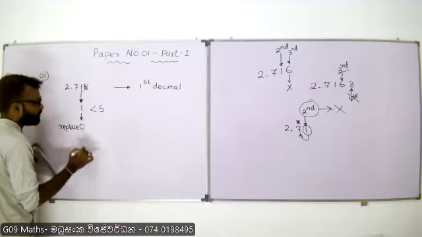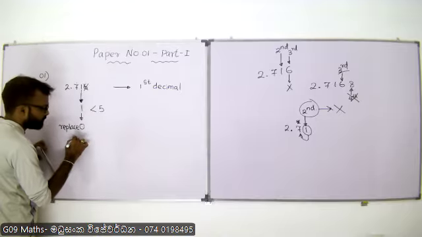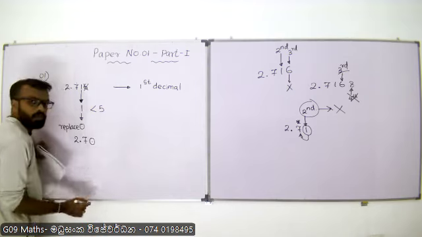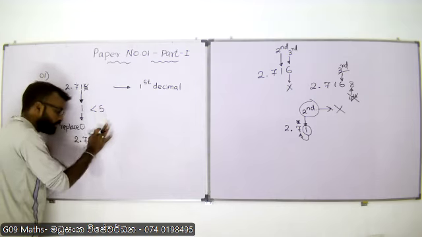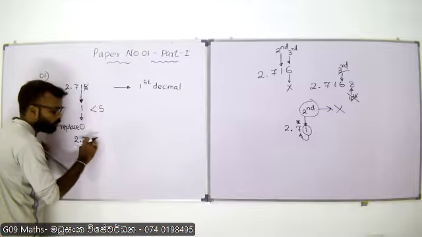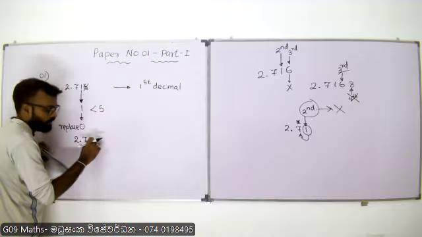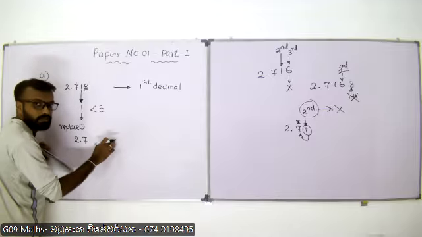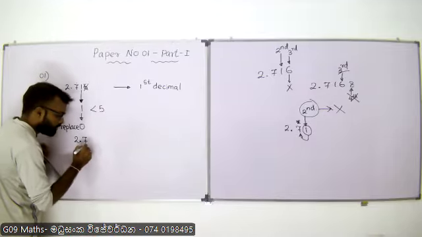Right? Replace with number 0. So your answer would be 2.70. But we are not going to put 0 here. After the decimal place, after the number, no 0 can be put, right? You can put, but there is no value after a certain value, right? So your answer should be,